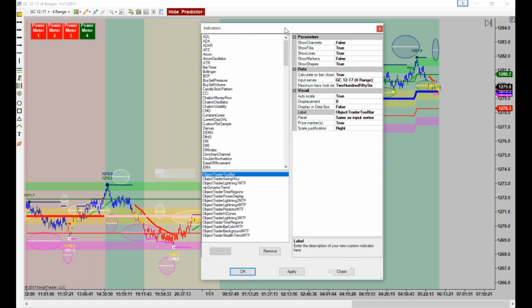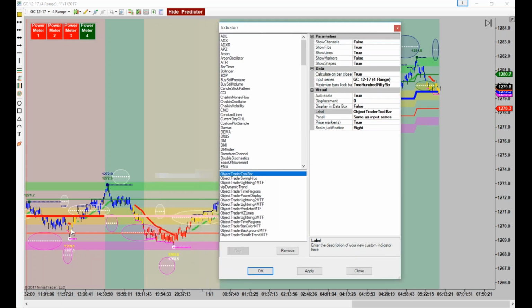Now your bar color is just simply the color of these bars. We use like a yellow, a blue, and a red. Okay, and I'll go over kind of how to read those. You have background. Now you'll notice this little MTF after the name here. That stands for